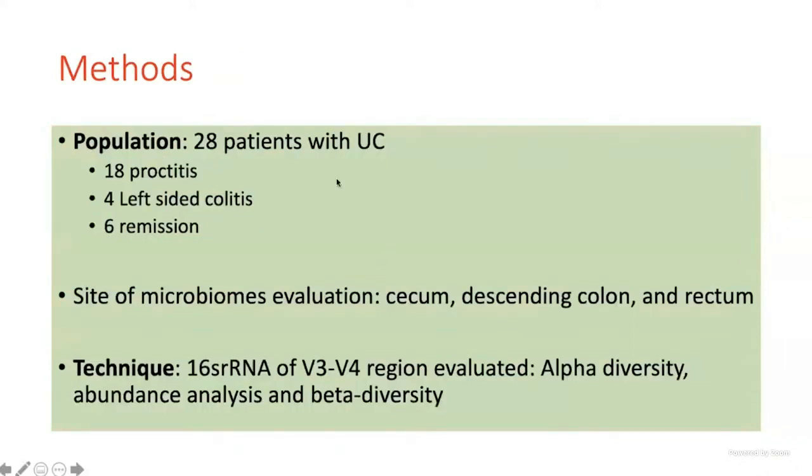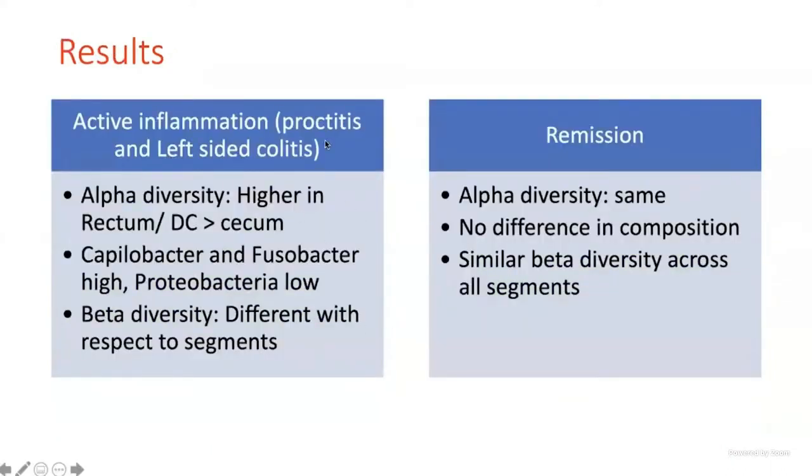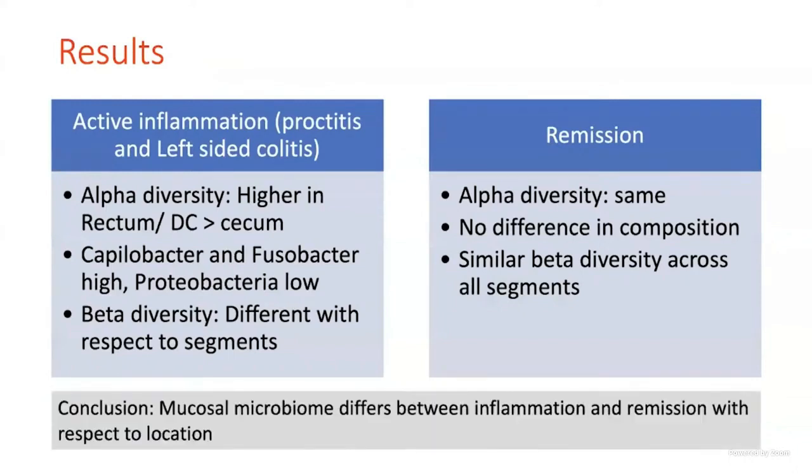So they had 28 patients with UC, of which 18 had proctitis, 4 had left-sided colitis, and 6 were in remission. Microbiome was evaluated in cecum, descending colon, and rectum. 16S RNA analysis was used, and alpha diversity, abundance analysis, and beta diversity were done. In patients with active inflammation, that is proctitis and left-sided colitis, the alpha diversity was higher in rectum and descending colon than cecum. The bacterial profiles were also different, and beta diversity was also different with respect to segments. However, in patients who were in remission, these differences were lost, and alpha diversity, composition, and beta diversity were similar across all the segments,